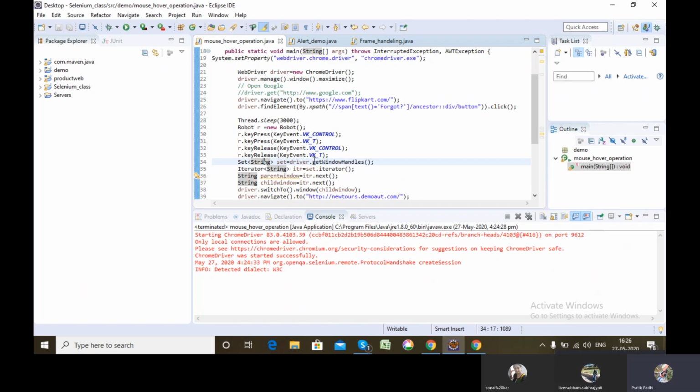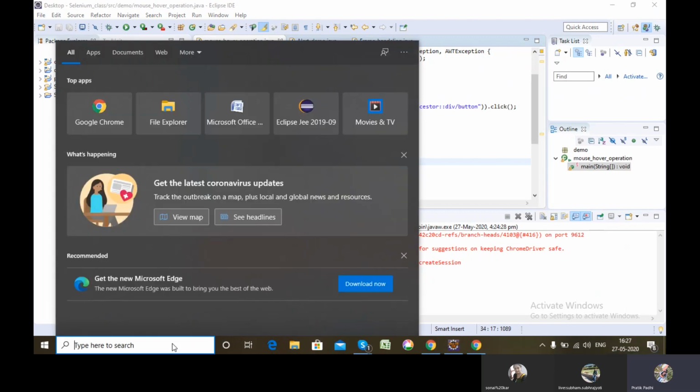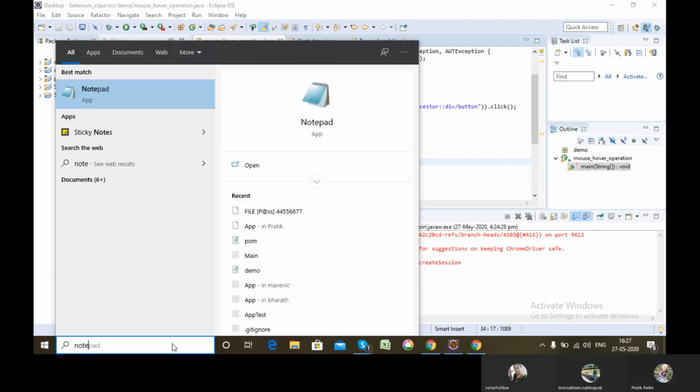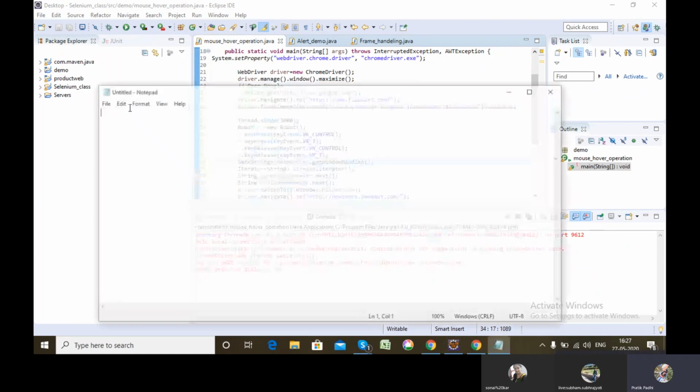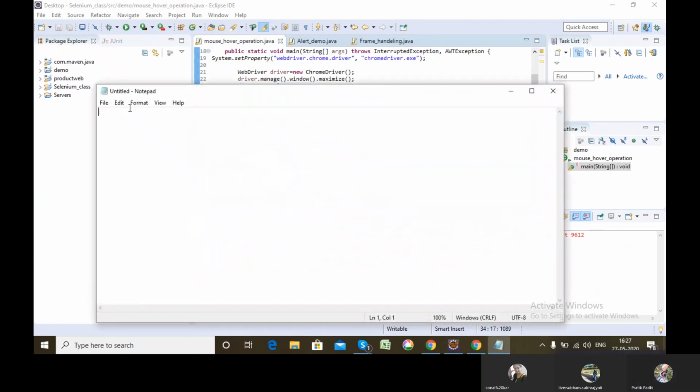Let's see how the iterator works. In an iterator, it just stores the values in a sequence. The first value stored in the iterator is null by default.